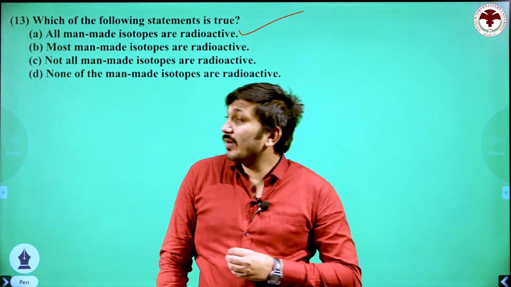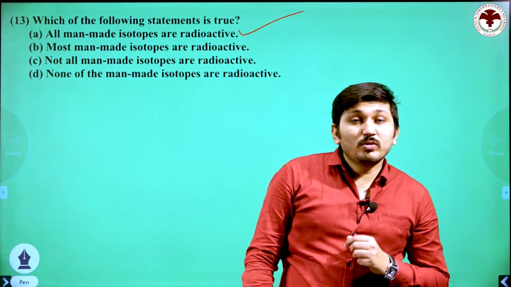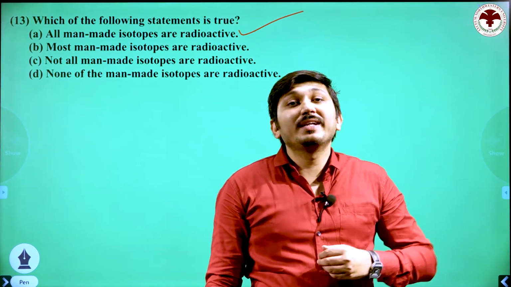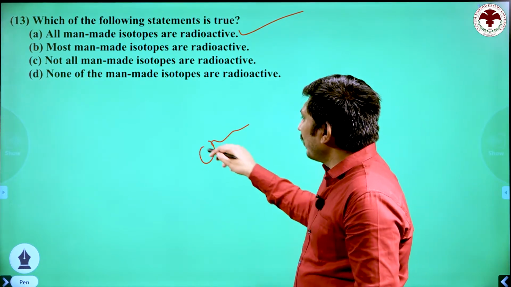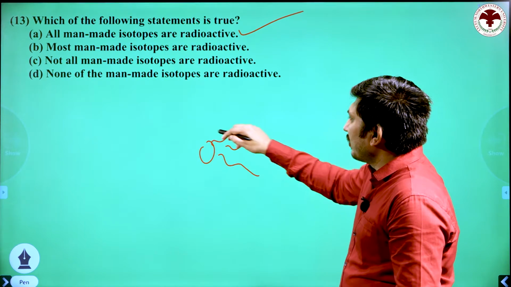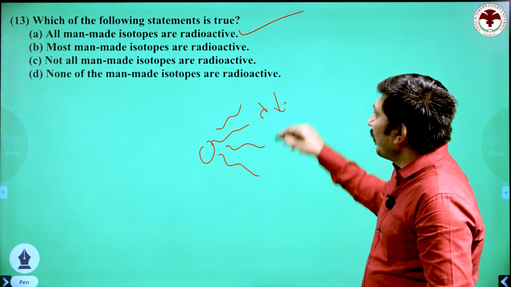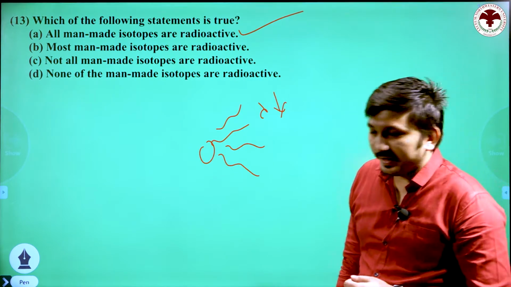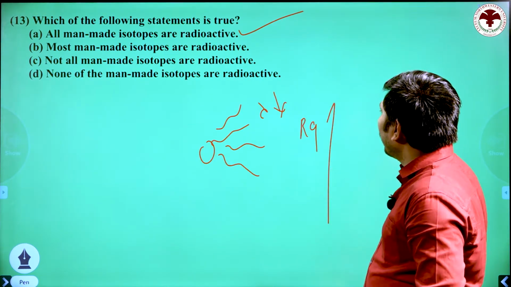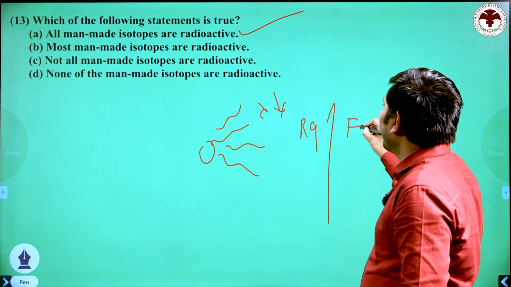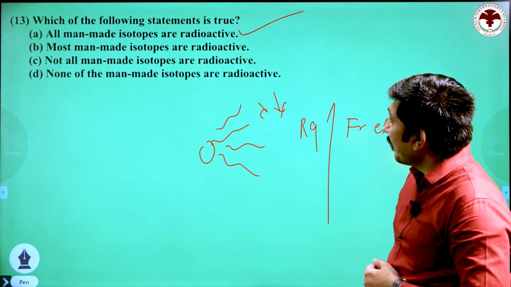What is a radioactive element? The atom whose nucleus is continuously decaying, with emission of radiation having very low wavelength, which is harmful for our body. Like radium or francium, etc. There are lots of natural radioactive elements.